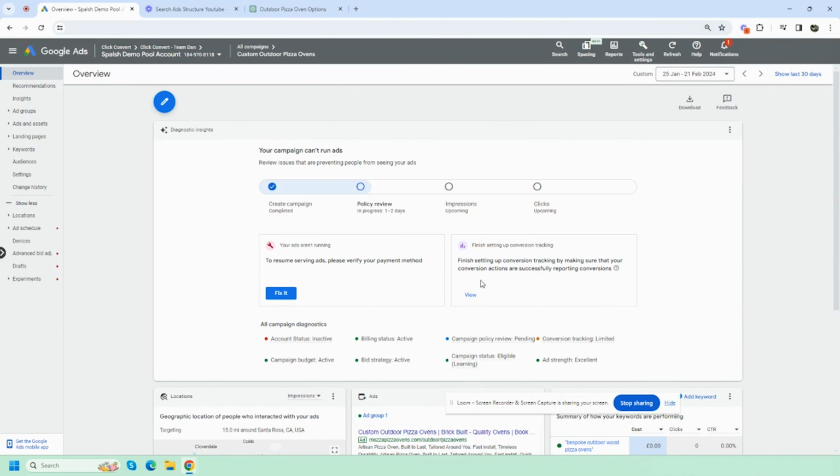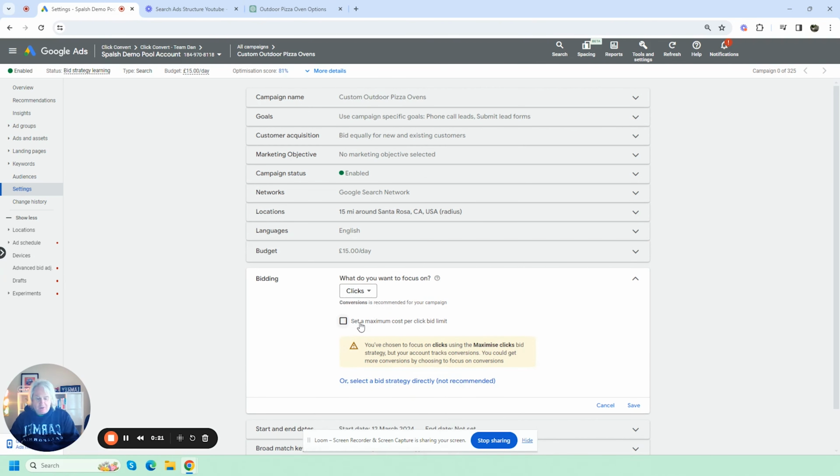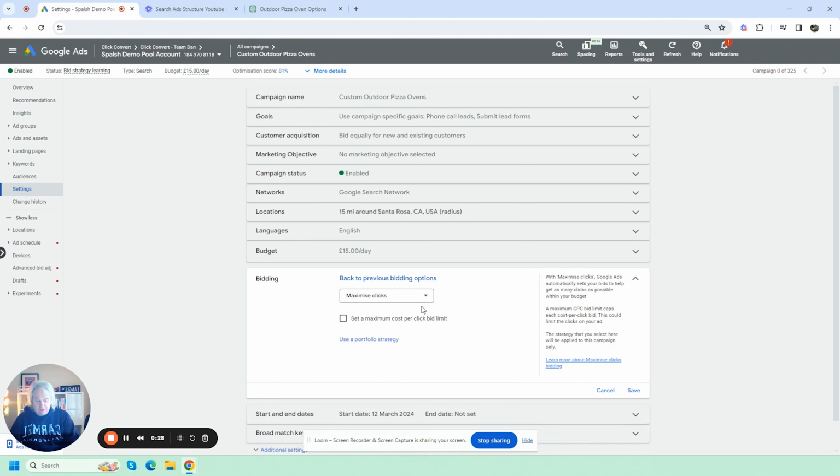Okay, so we got our campaign. So let's go and look at our ad groups. What we want to do is go over to settings, because remember, it's trying to charge us too much. And campaigns, right, and you've got down here the budget, we've set that at 15, and we've got bidding, and we'll maximize clicks. So if we look at changing the bid strategy here, it will give us a few options here. You can see them all here, but the one we want isn't there. So we're going to select recommended. So we